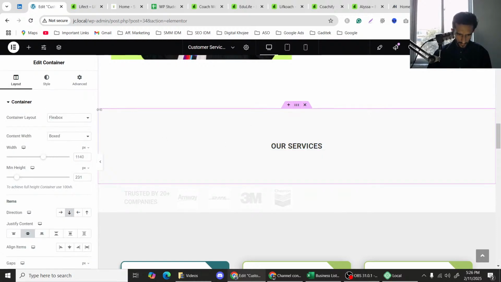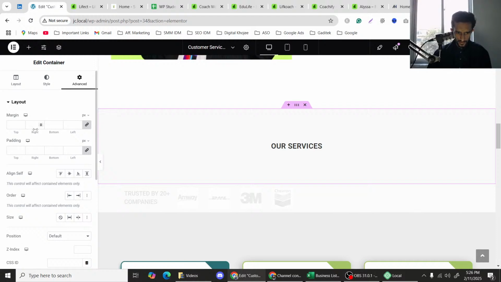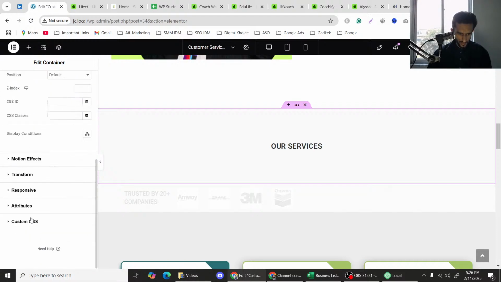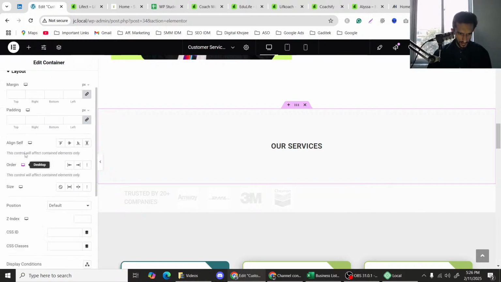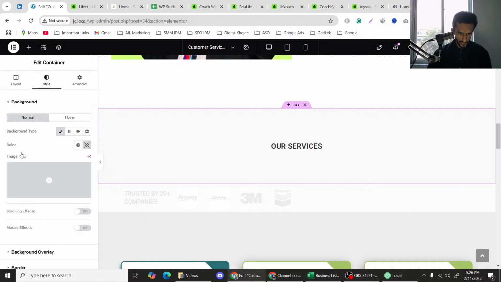Okay, so one thing that was going through my mind is how about I make this thing a bit rounded from the corners. I go to advanced, select the whole container, go to advanced, go to background, sorry, style